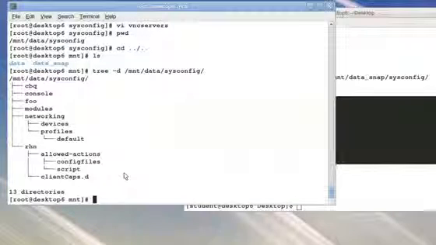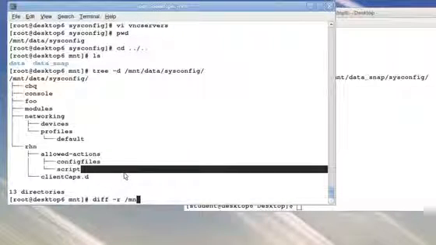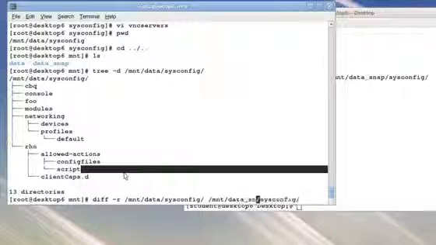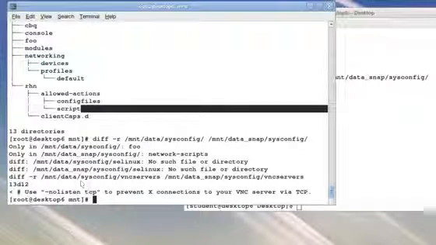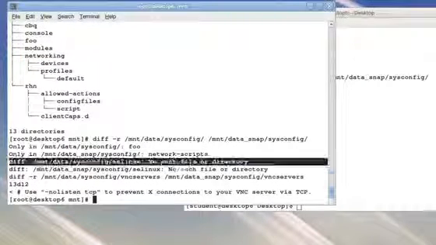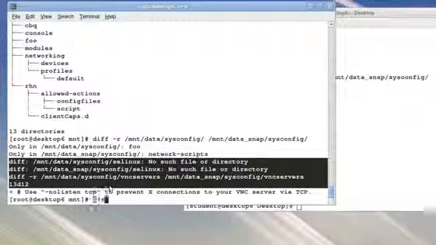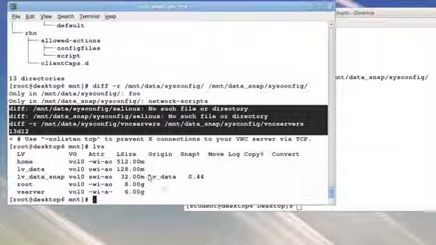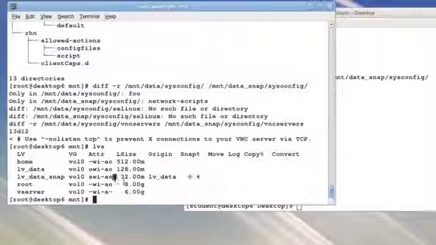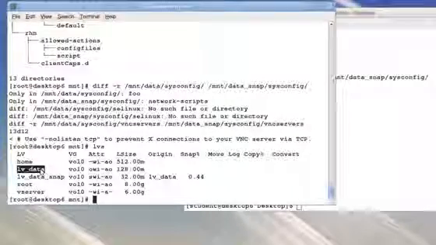And in fact, if I were to take a recursive diff of mount data sysconfig and mount data snap sysconfig, then I should get a record of all the changes that got made within my original data. And then again, what's backing up my two versions is a fraction of the space from the original data. So what I've talked about today is the idea of snapshots using logical volume management